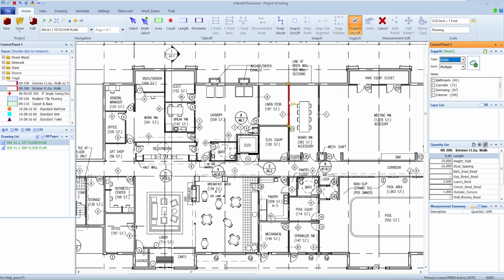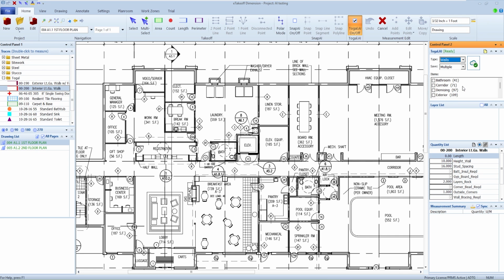As I come over to walls, I could pick them and click on them, and that way I could highlight multiple ones. I could still hold my shift key down, and basically every wall that it thinks is that same type, it could go ahead and turn on. With that being said, that's also where I can take a look at what it's found and automatically highlight some of these different things.